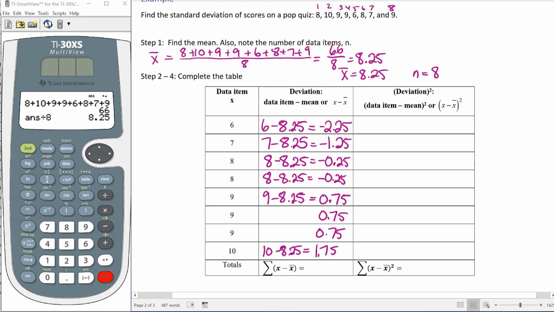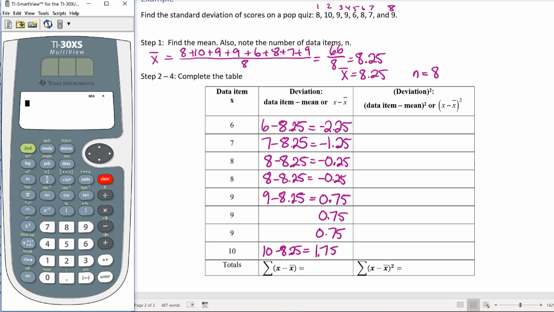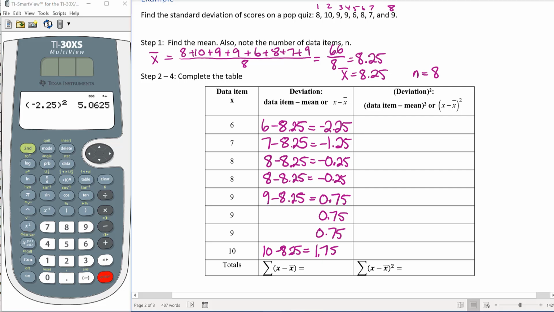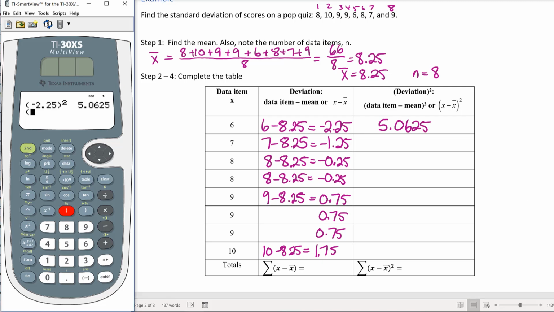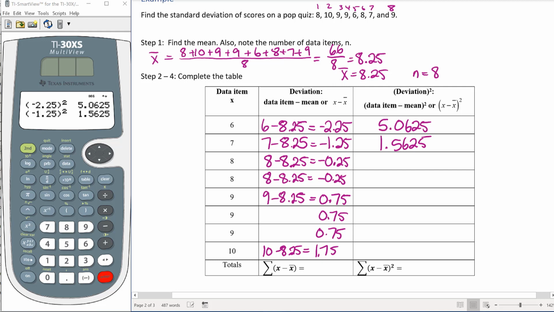So that's step 2. Step 3 says to square those deviations. So I'm going to use my calculator and I'm going to square negative 2.25. I'm going to use parentheses and square it, and the square button, I have x squared here. If you don't have a square button, you can always take it and multiply it by itself. So that gets me 5.0625. Next I have negative 1.25 squared, 1.5625,